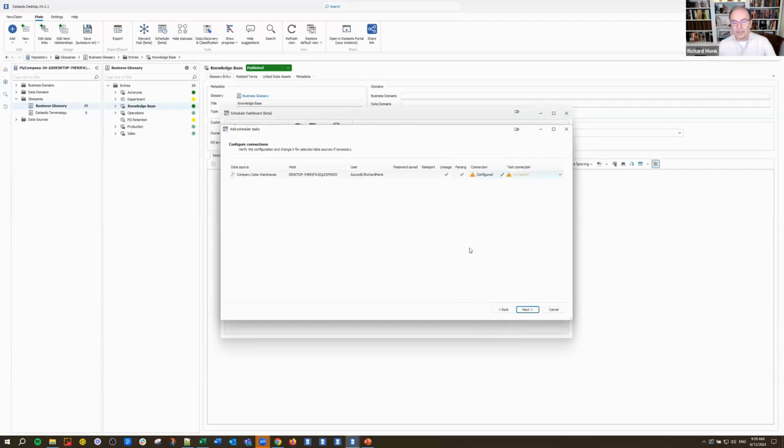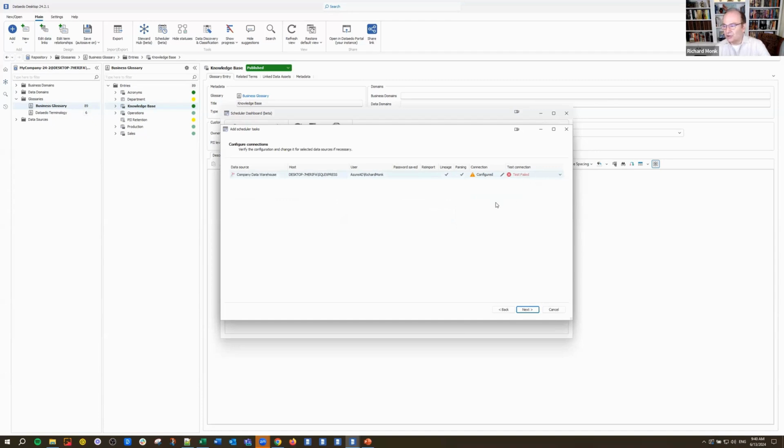You go to next, and it's going to ask you to test your connection to make sure it works using the agent. If I go here on agent, do that test, I'll tell you this is going to fail because it's using my Windows user account. So give that a minute to fail here.